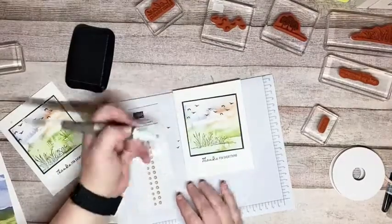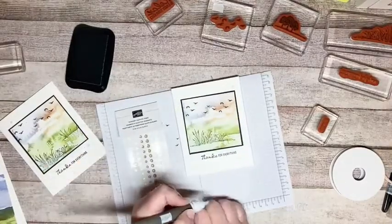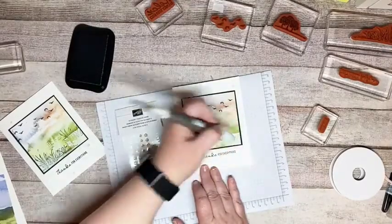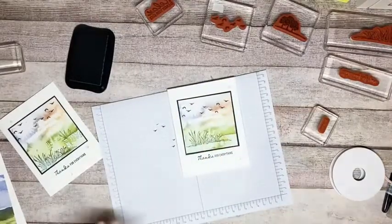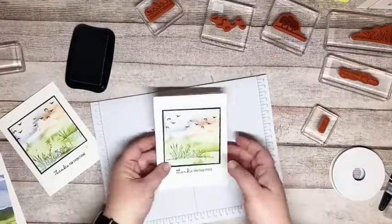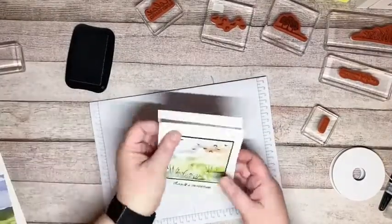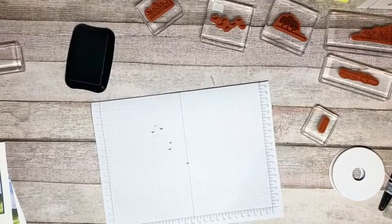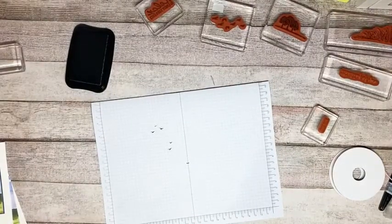Okay, and then we're gonna stick, oops, we'll stick this one right over here. Okay, so there we go. Card number 4 done. Okay, moving right along. We only have 2 more to go. See, these are quick and easy and,